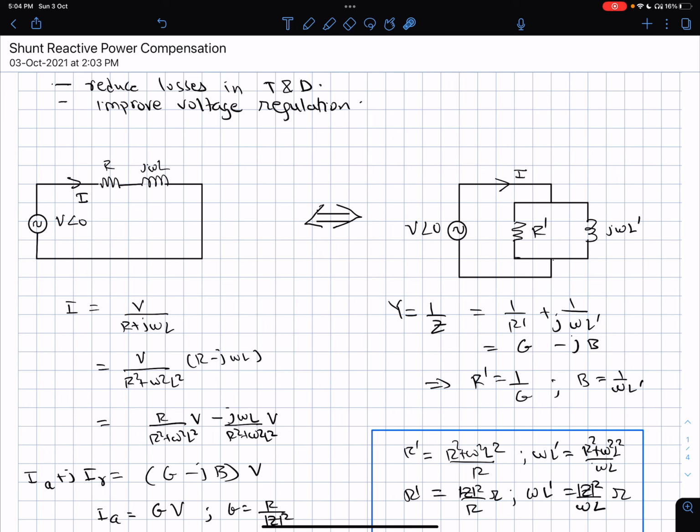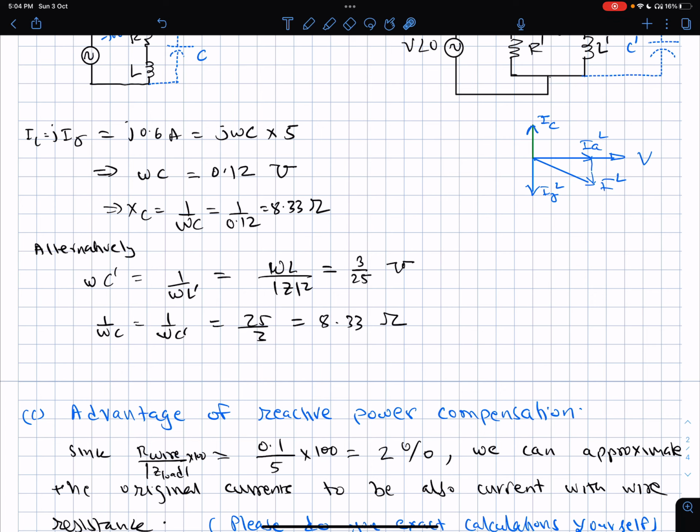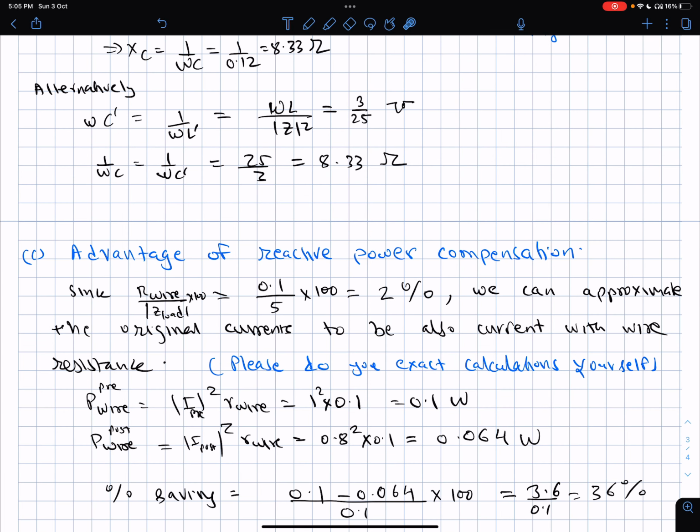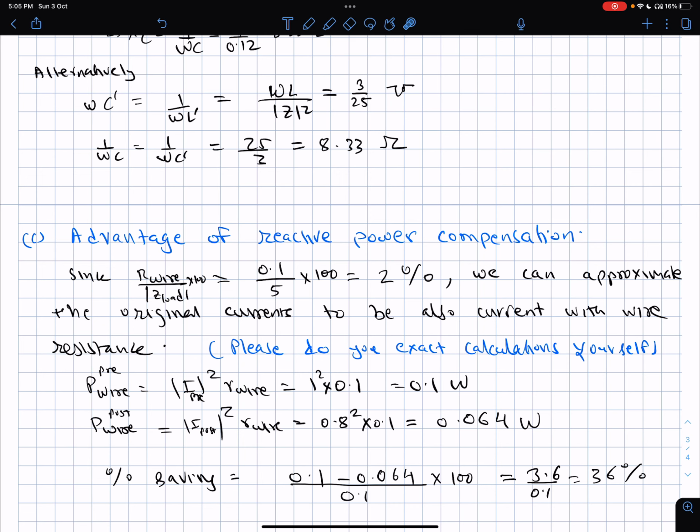When you connect a capacitor in shunt, then it has to be rated. It has to be developed for the rated voltage, which is 220 volts single phase in our case, or 415 volts three phase in the distribution in our case. If you use a series capacitor, then you will have to buy a series capacitor looking at the current rating of the capacitor. So the design aspects will also undergo a change. All right. Loads usually should be compensated by a shunt capacitor.